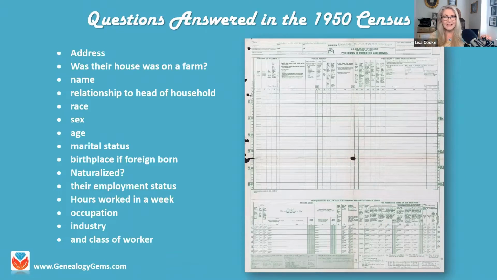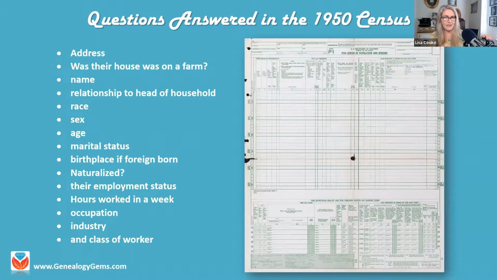The questions answered in the 1950 census on this form, which you probably have seen at this point, although it's typically black and white on our monitors. We're going to get information like the specific address where our relatives lived, whether they were living on a farm or not, names, people in the household, their race, sex, age, marital status, and a lot of information